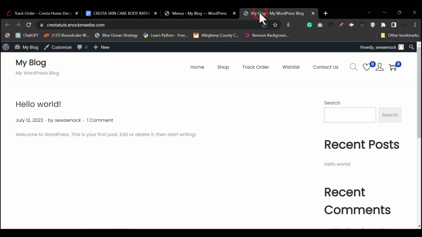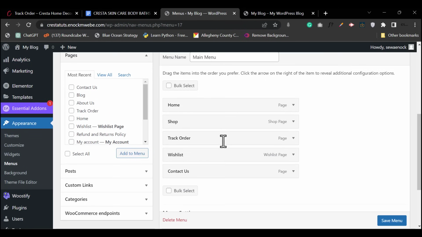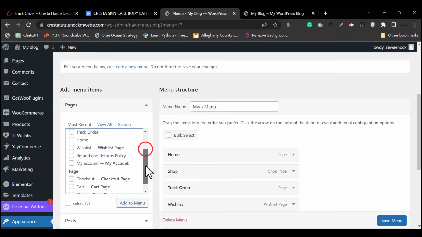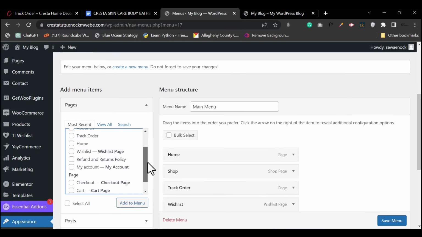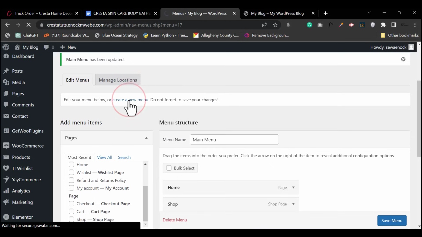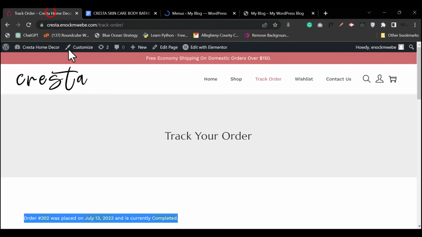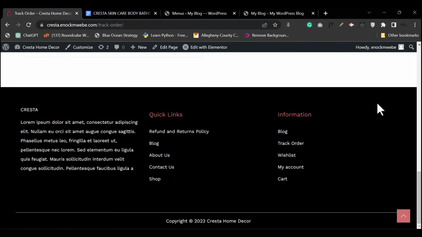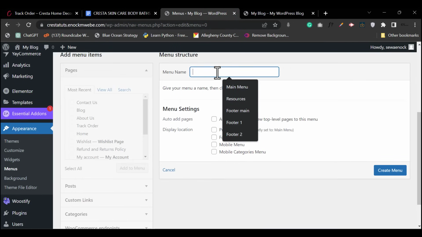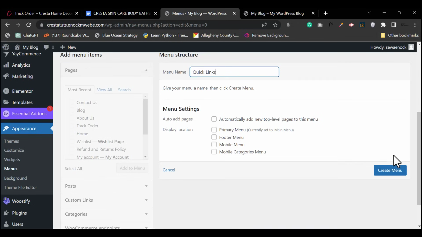And right now what we're going to do is to also create the footer menu while we are here. So let's see, let's create another one. So we hit create menu for the footers. So you're going to create one for these quick links, then this information. Okay, so we're going to call this footer one, maybe quick links. Let's call it quick links. So I'm going to say create menu,